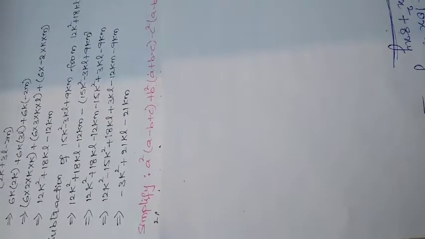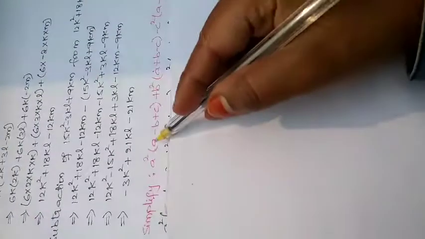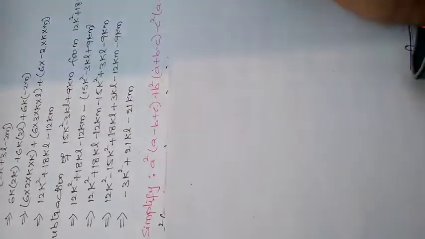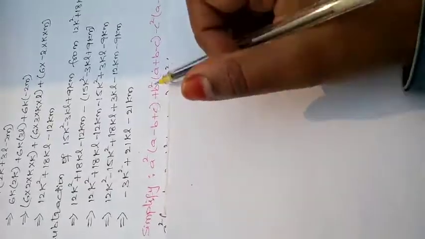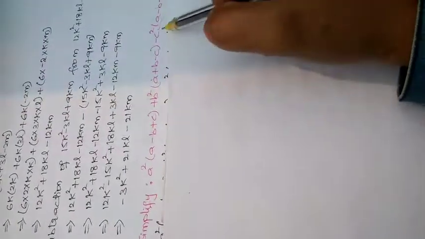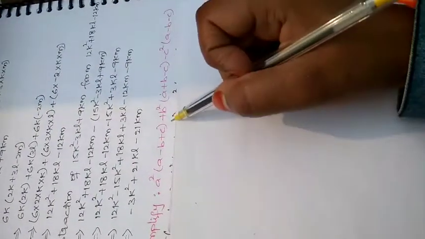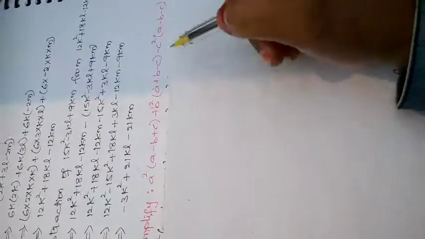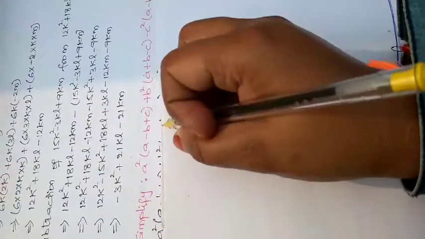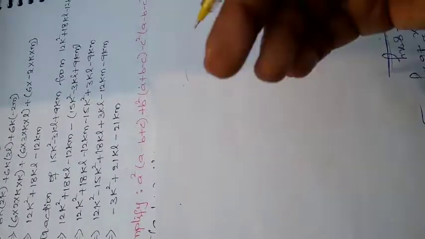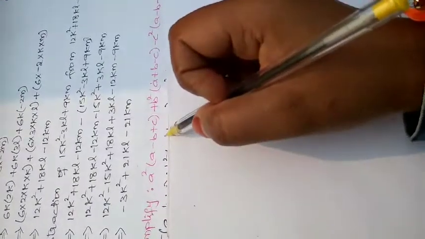Now here he mentioned the symbols, so let us do the product of each and every expression separately, or you can directly do it. First you can take this expression and multiply, next this expression and multiply, and this expression multiply, and then you can add these two and subtract this one. Or else if you want to do it directly, you can do that also. So let us do directly, because till now we discussed the problems by taking separate expressions. So we'll do directly now.